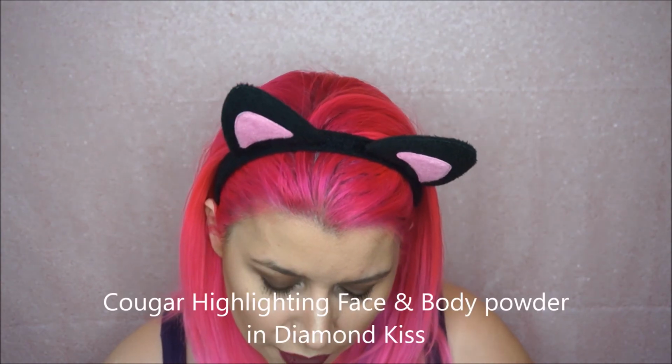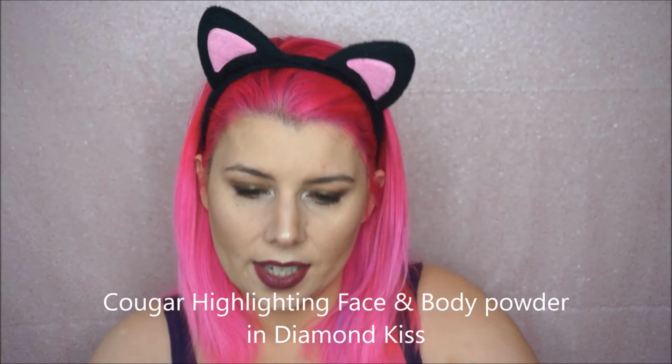Okay, so the last two I have are highlighting powders, but they're loose powders. This first one is by Cougar. I got this in a BoxyCharm, I believe, and this is in Diamond Kiss, and this is pretty cool. It's a yellowy kind of color. I'm not really gonna hold it up, but